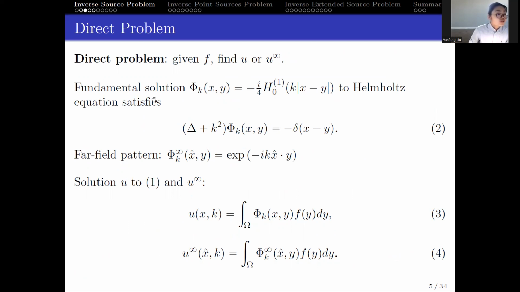And for the well-known fundamental solution Φ_k(x,y) to the Helmholtz equation, it is in this form where H_0^(1) is the Hankel function of the first kind of zeroth order. Then the corresponding far field pattern, here we use Φ_k^∞ to denote it, and it has this form. Then using the fundamental solution and its far field pattern, we can obtain the solution u to the system 1 and the far field pattern u^∞ by using those two integrals involving the fundamental solution and the far field pattern